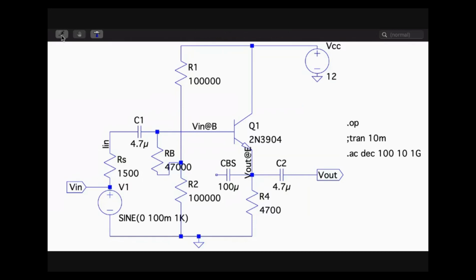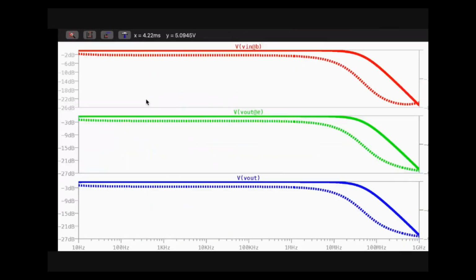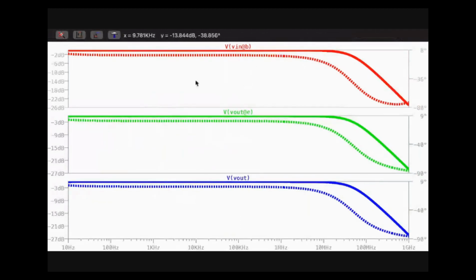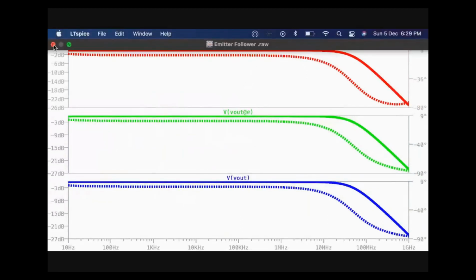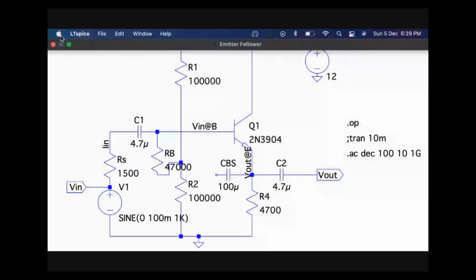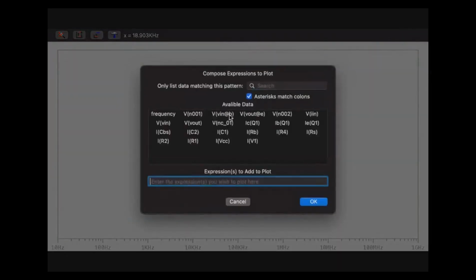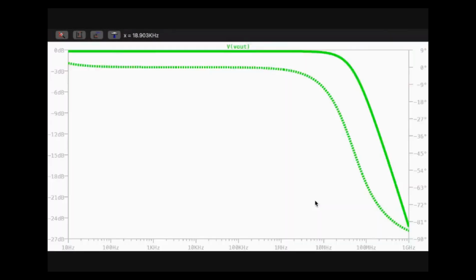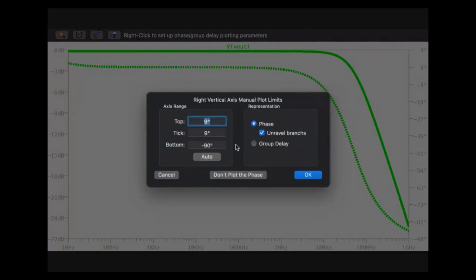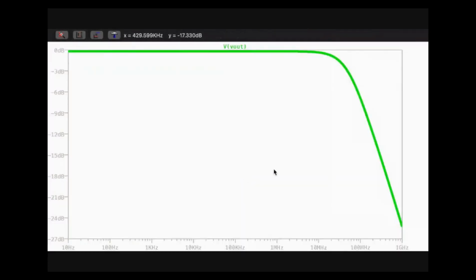Now if you run the simulation, okay, let me just close this and run the simulation again. So I'll just run the simulation. So we'll get a plain window. Here I am just adding traces. One is I'll just take the output voltage trace, and I'll click. So both the magnitude and phase will be plotted. So I'll just eliminate the phase plot because I'm just looking at the magnitude plot.